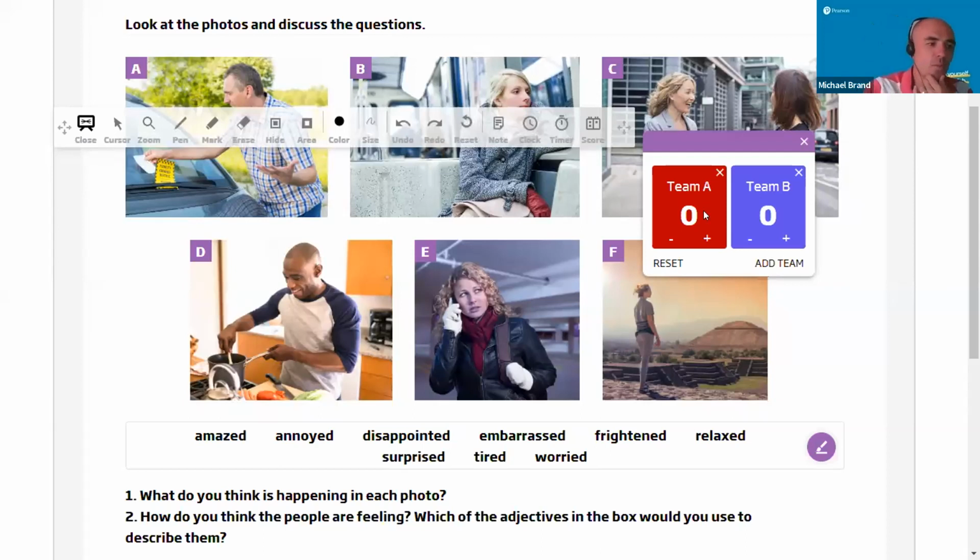Now, we're going to do this as a little competition. So if your name begins with A to L, so Guadalupe, that would be you, for example, you're in team A. If your name begins with M to Z, so that would be Natalia, for example, you're in team B. Now, the first person to give me a sentence showing they understand the word wins a point for their team. Okay. So you're going to write in the chat box. So tell me a time you were frightened. Let's see if these teachers understand the word frightened.